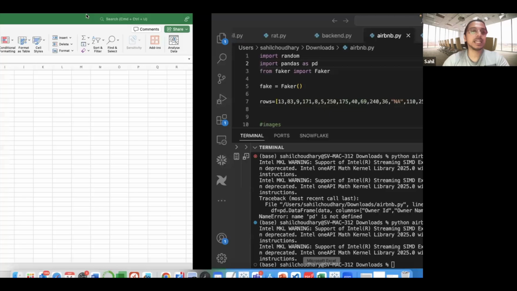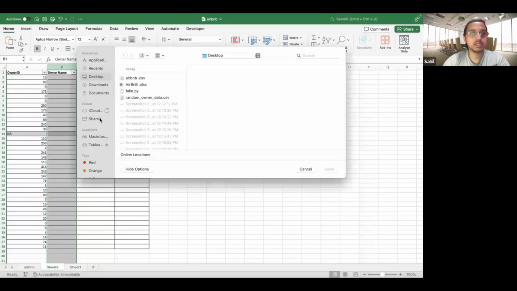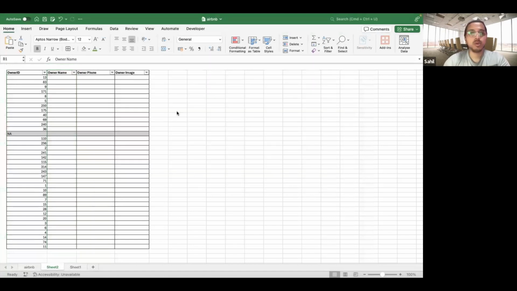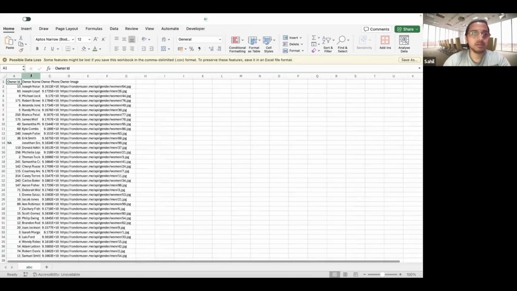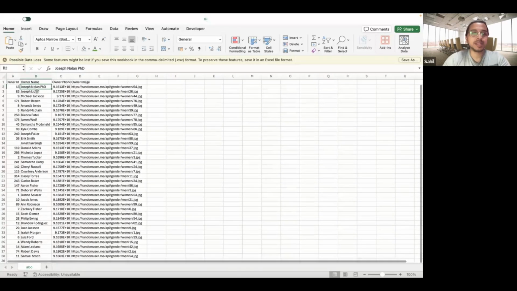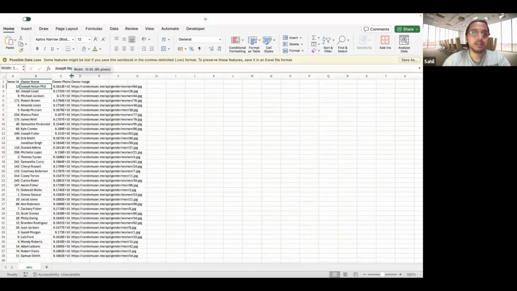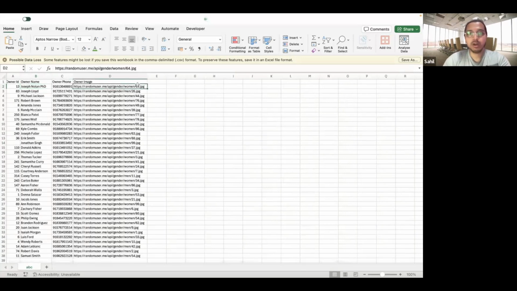Now, if I want to check it, I will go to downloads, and it should be some abc.csv. Here it is. Open and see the data. It has owner IDs. Again, NA I gave because I wanted to handle nulls. I'll remove this. See the owner names. Every owner is present, and these are dummy names generated. We have phone numbers and we have image IDs. Again, all these image IDs ideally would be working because we took it from API. And if I show you a demo,